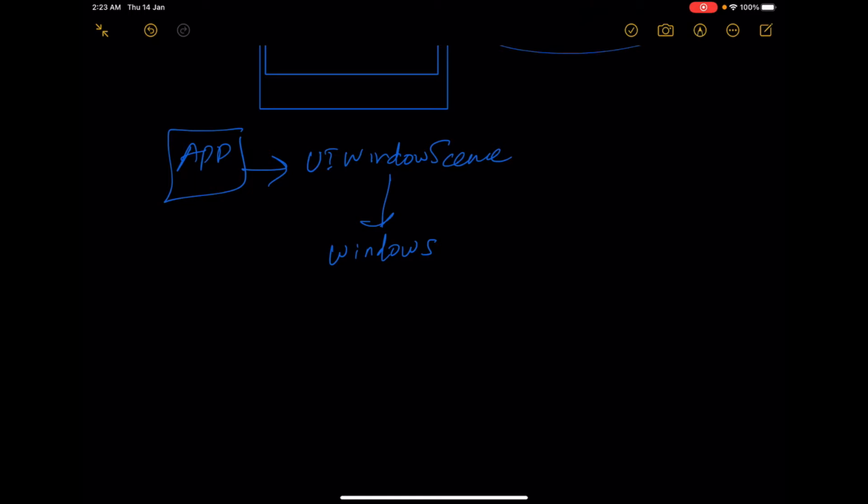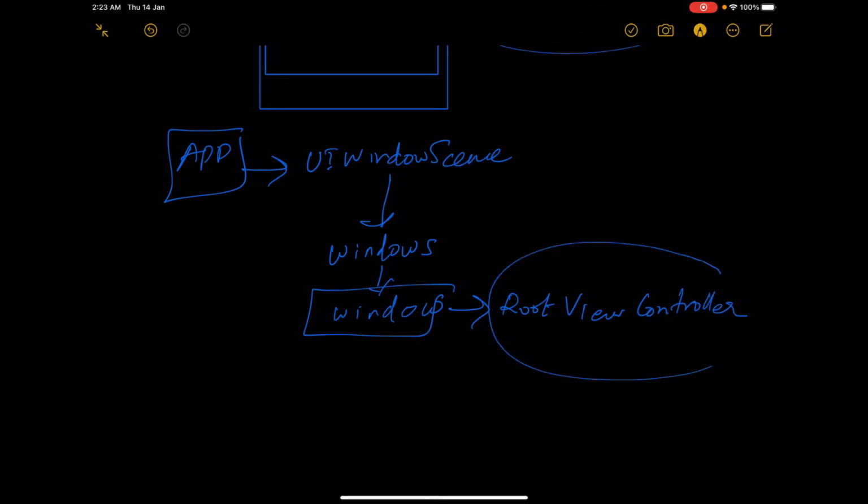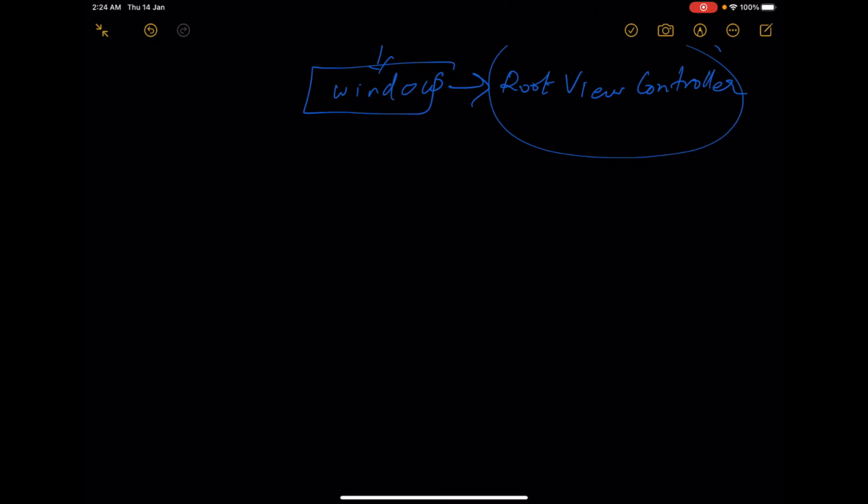For a simple iOS application we have only one window. So each window is having a root view controller. This root view controller will be having your user interface, and that will be in the form of UI.